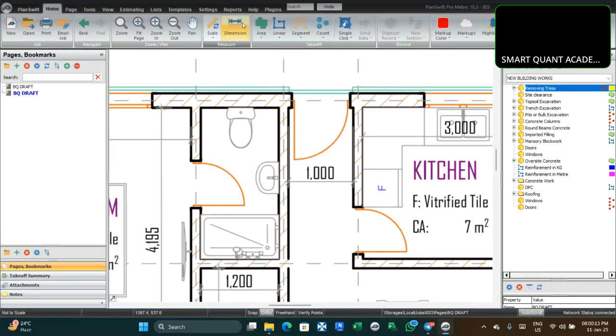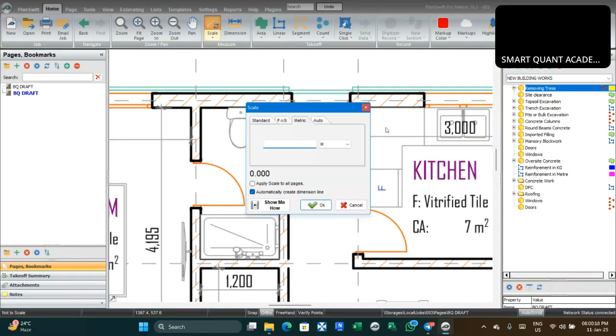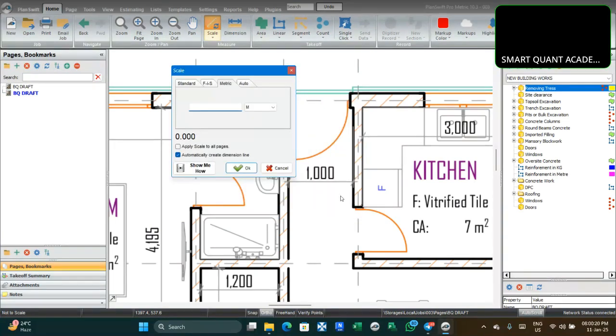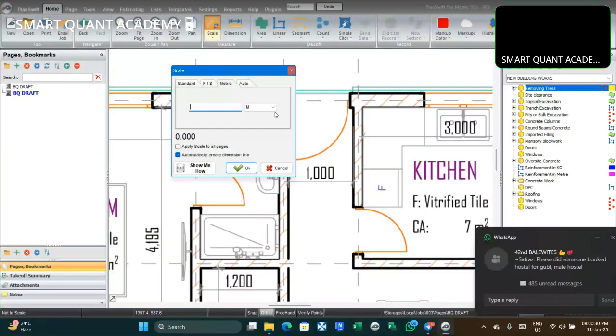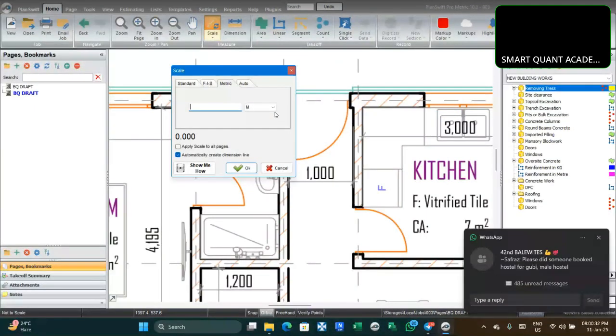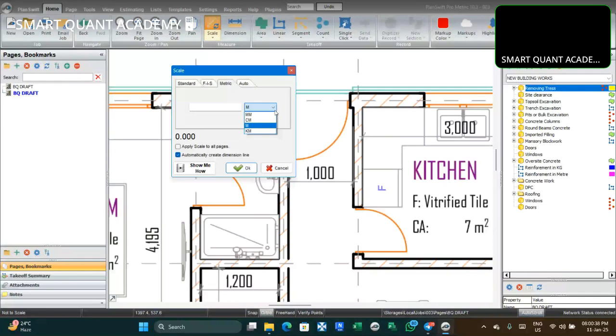Okay, so come to the scale, click on it. So we say we are going to use 1 meter. Preferably, I prefer to set my scale in meters. Some people prefer to do it in millimeters, but it's all the same. If you are doing it in millimeters, you just have to change the unit to millimeters. Since I'm doing it in meters, I will just put 1 here, leave it in meters, click, and then